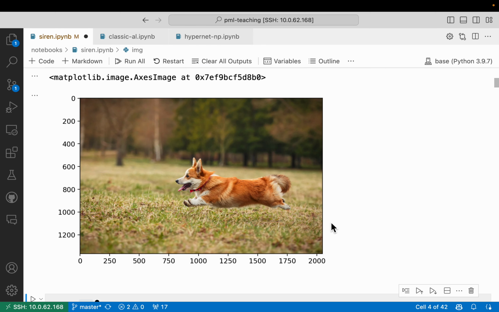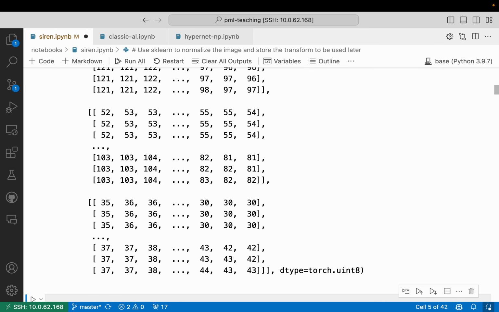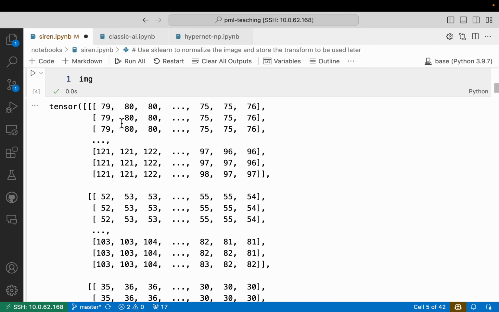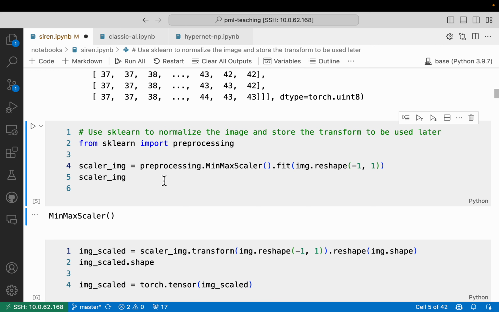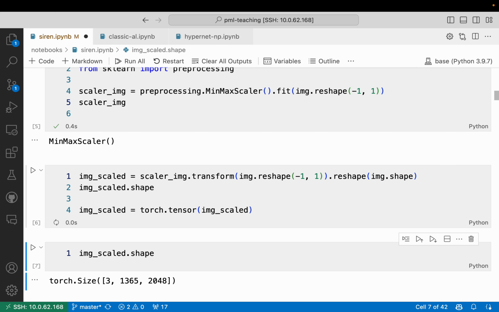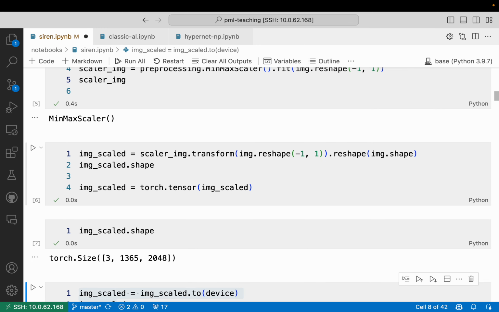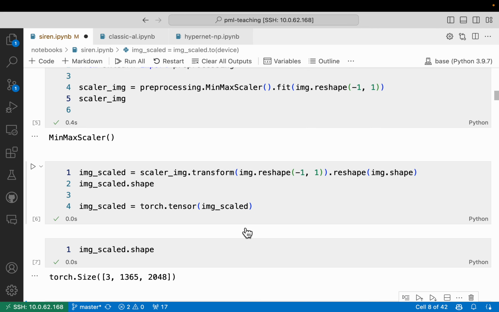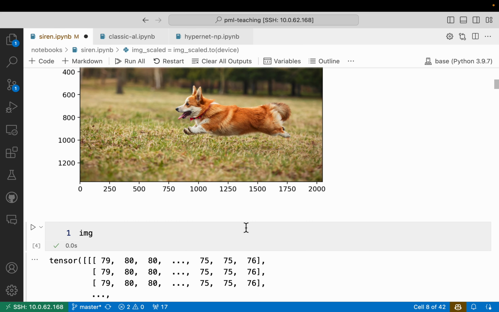So I have downloaded an image of a dog, and as you may know, the image is containing, in this case, 3 channels corresponding to RGB, and each of them is a number from 0 to 255, right? Currently it's an integer number. I will do a bit of pre-processing to min-max scale. The shape of the image at this point of time is 3 channels, the height and the width, 1365. So it's a wider image,